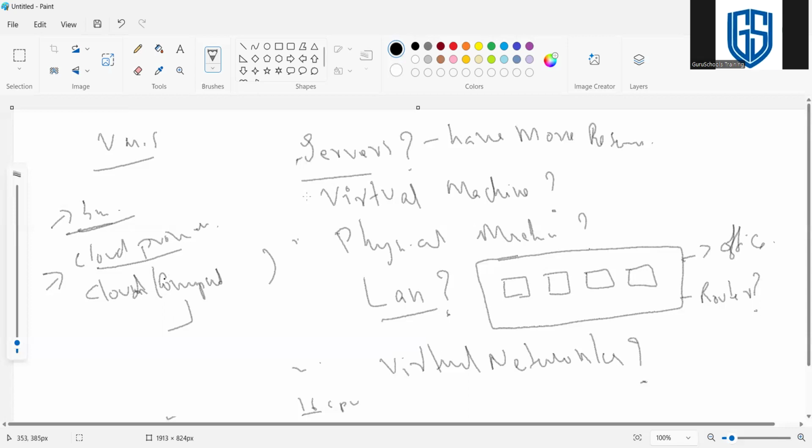So choosing any cloud provider, for example AWS, then create an account. If you have an AWS account, within minutes we can deploy virtual machines. That means servers, virtual servers.